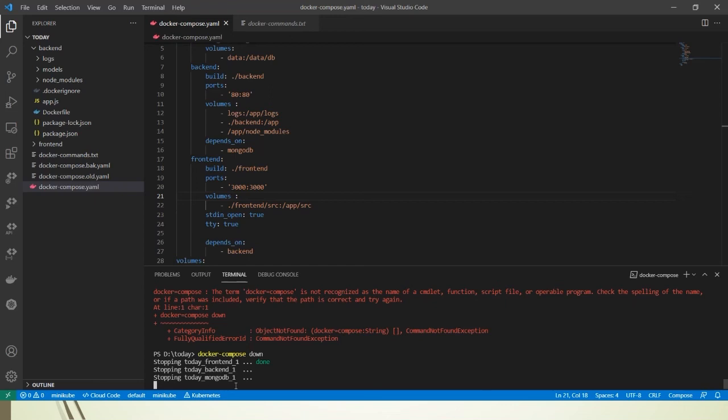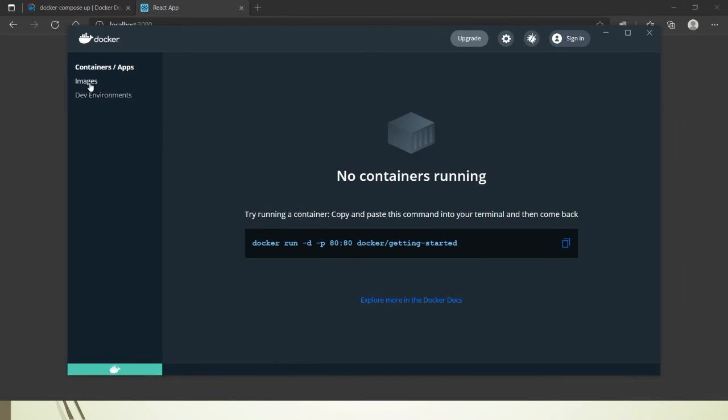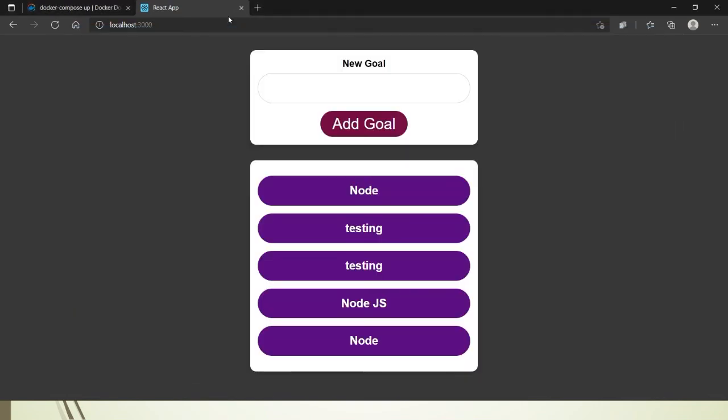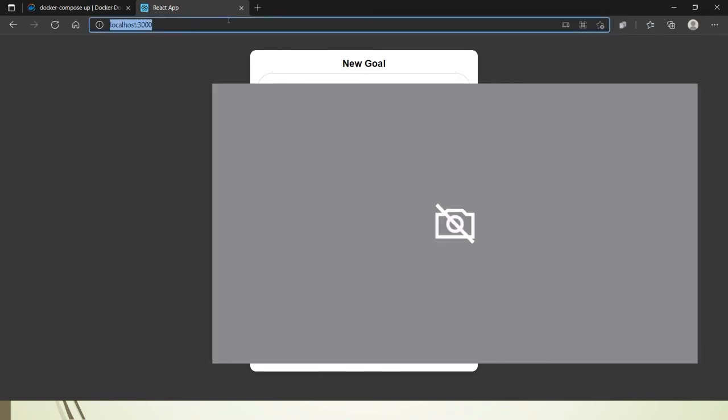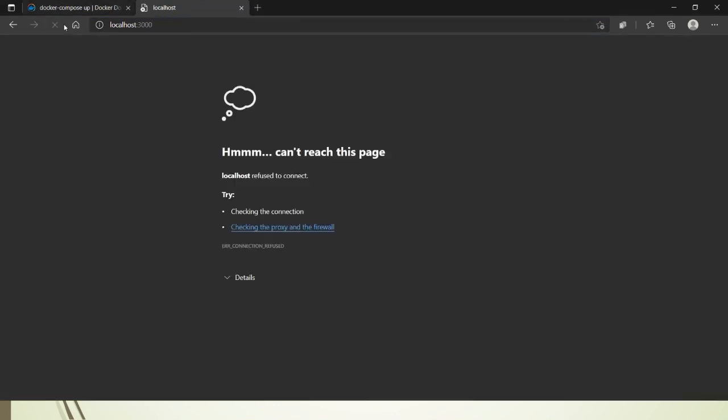So it has just brought down everything. If we see, definitely the images will be there, but there are no containers, and here there is nothing. If we see here, it's saying that, sorry, the F5 here puts on my camera, so it is not reachable right now.